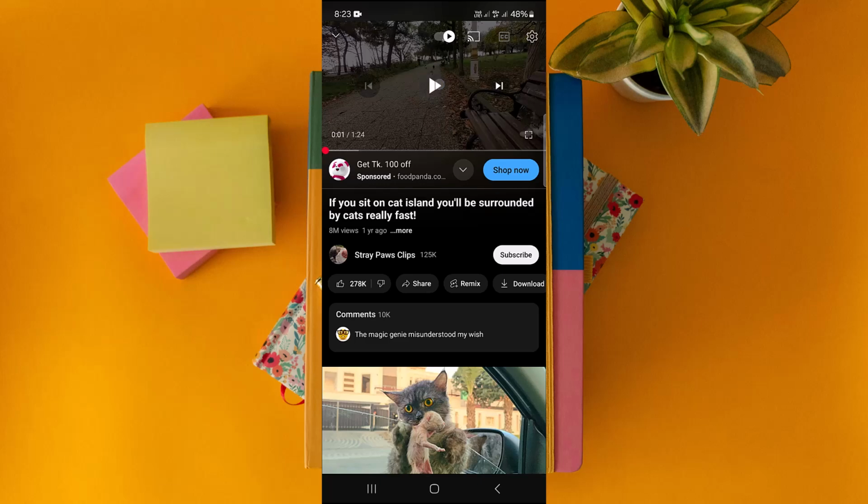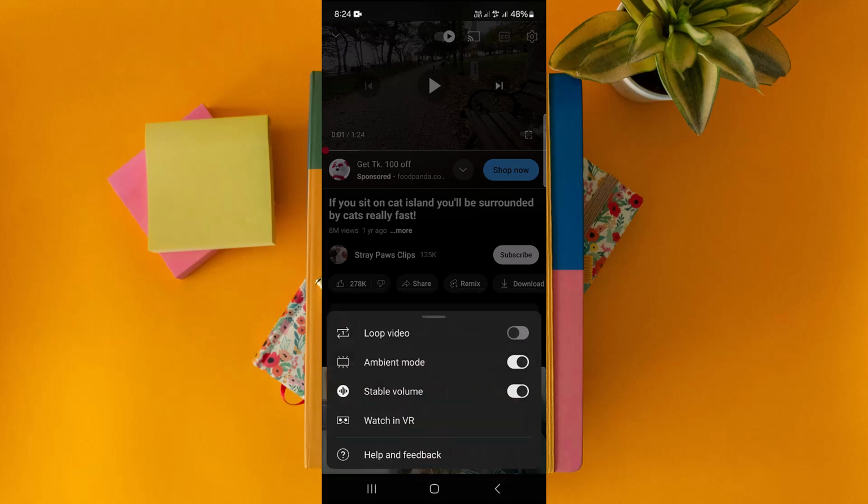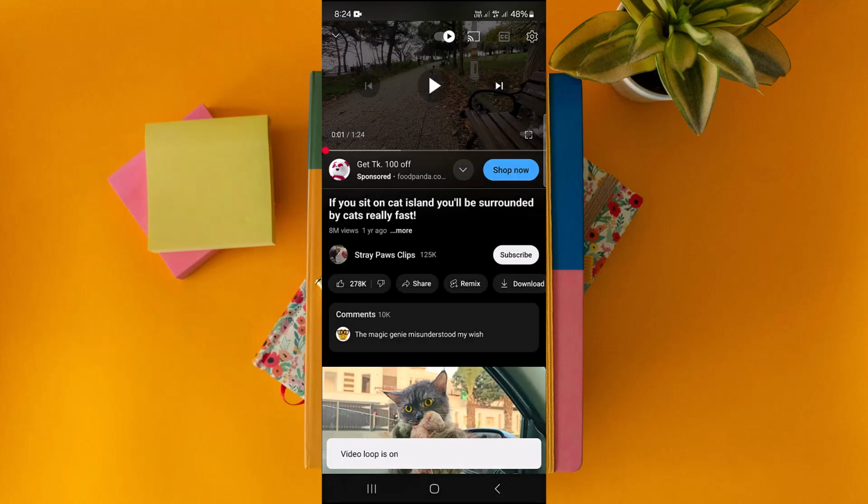here if you tap on the video, there will be a gear icon on the top right. And go to additional settings right here, and here you have to turn on the loop video, and the video will keep playing on and on and repeatedly. So yeah, this is how you can just put video on